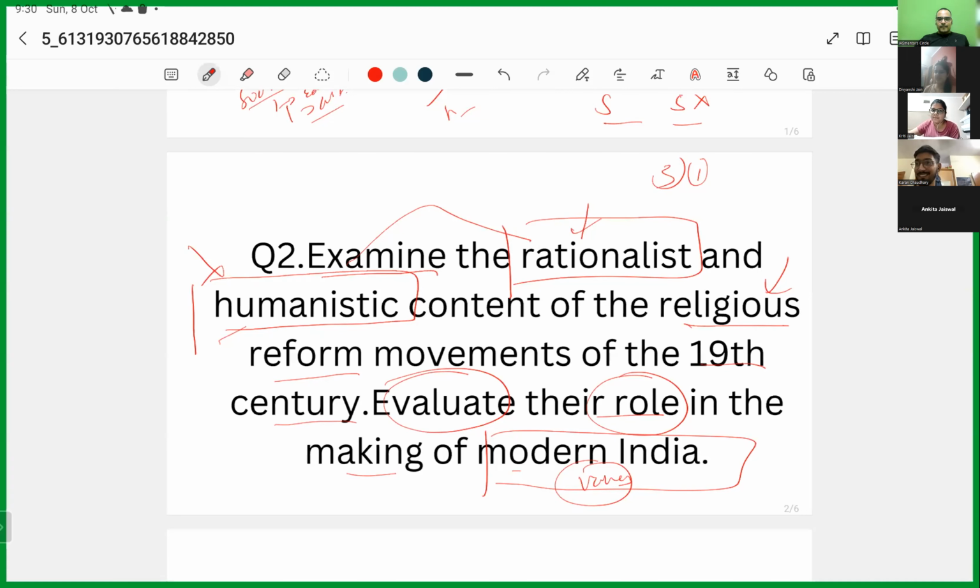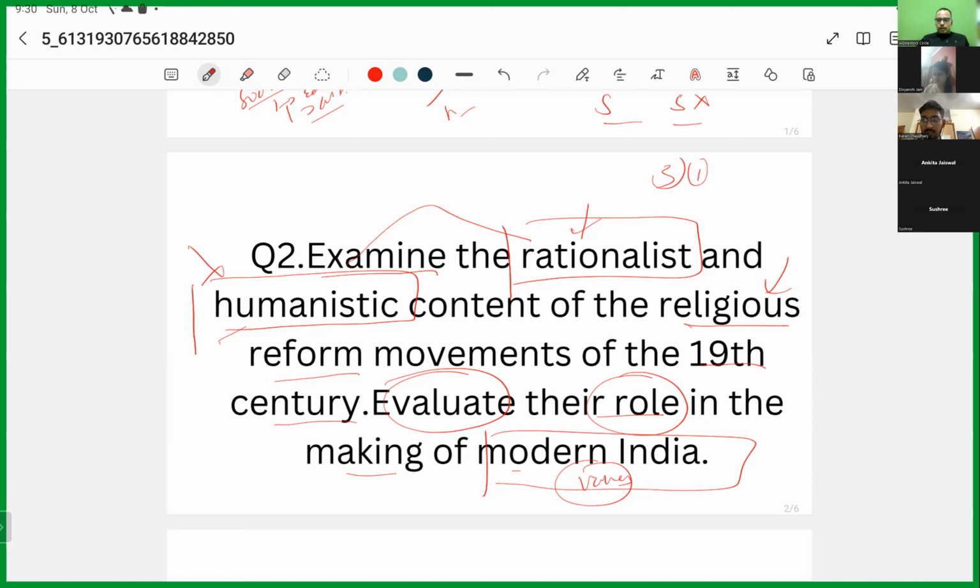Brahmo Samaj, okay, fine. Now Brahmo Samaj, when talking about the education and all, it is following the rationalist approach. It did not say we do not need Western science and mathematics. It says fine, let's study that as well. Okay, humanistic approach, sati, not humanitarian or at all. Okay, so these